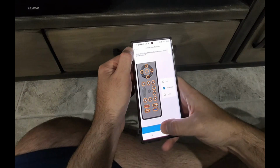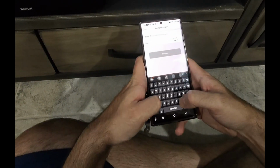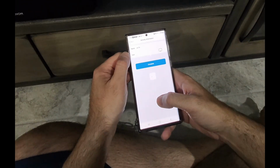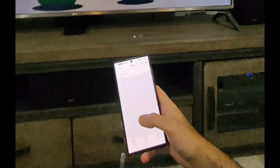I don't care about voice buttons. Oh, I'm dumb. I'm rushing through this. That was for the activity. When it says source, make sure that you do tell it to change source. That's something my old Harmony had to do as well. So make sure that you have it set so that it's always on the right input for the activity